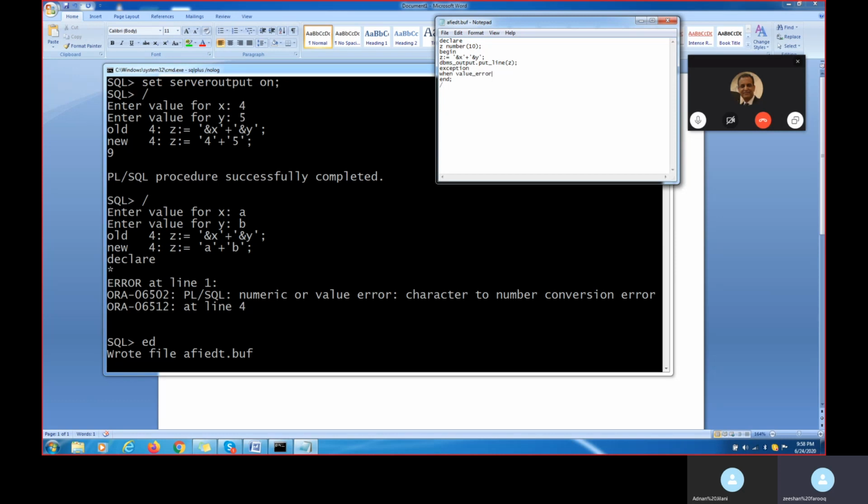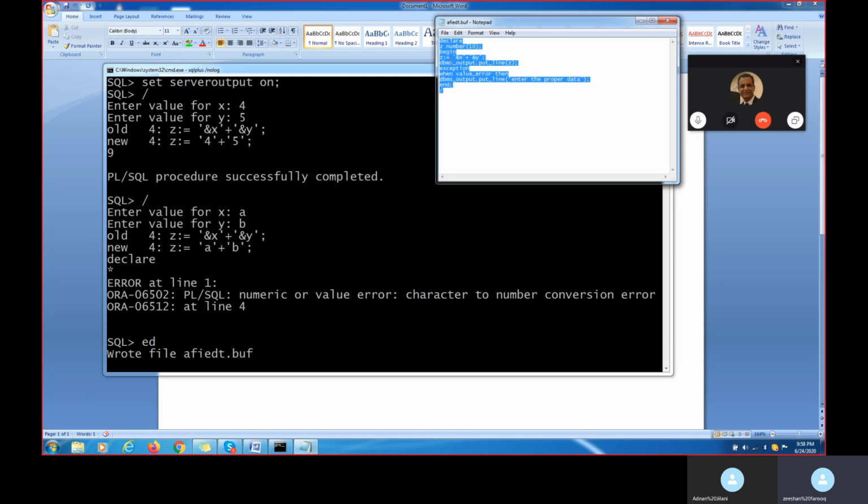Whenever we have this kind of error, what do we have to do here? DBMS_OUTPUT.PUT_LINE. We have to mention very clearly: please enter the proper data. Then I close this one like this, and close.